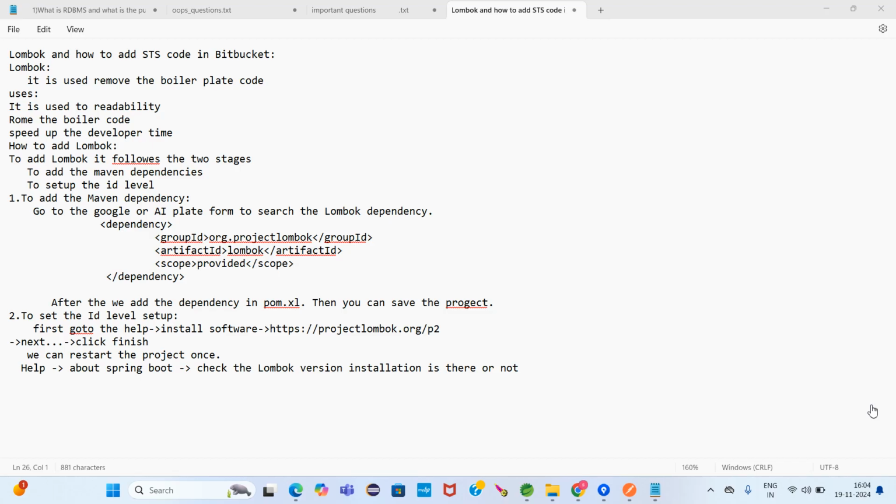After installation, to remove the boilerplate code, we use some annotations. We use the annotations. That means